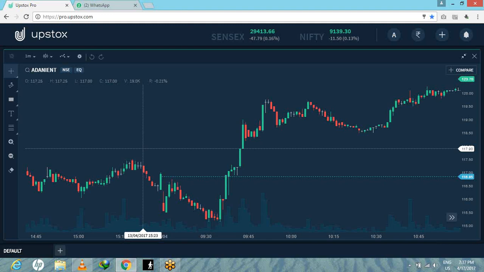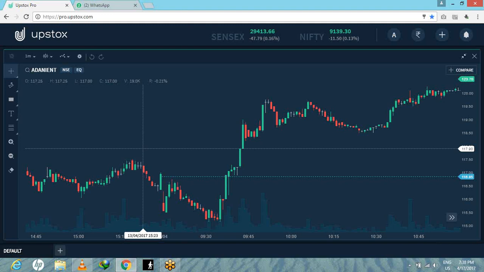If we have a red candle, first there should be at least three candles, and all should be red. Now one candle starts from one point and closes at another point. And now the second candle starts again at the close of the previous candle